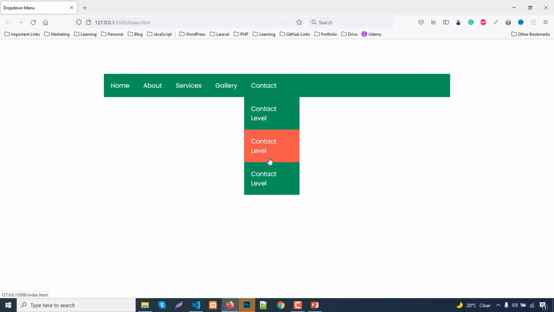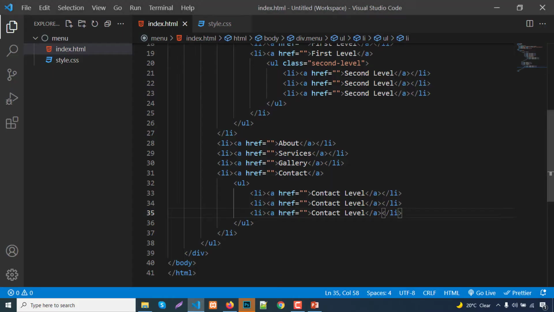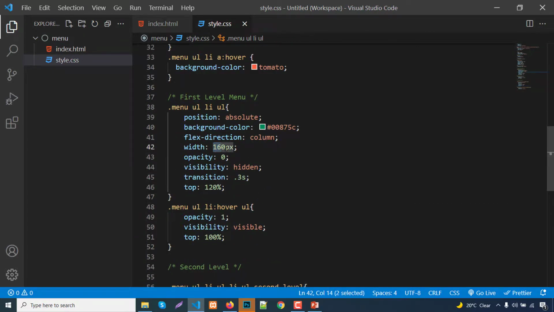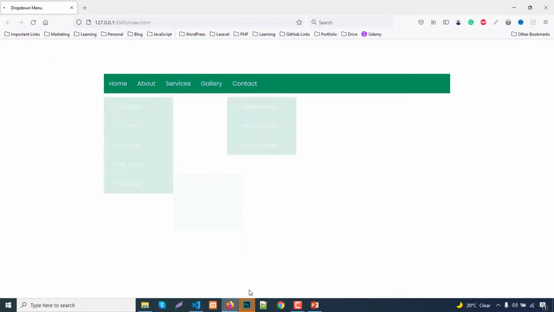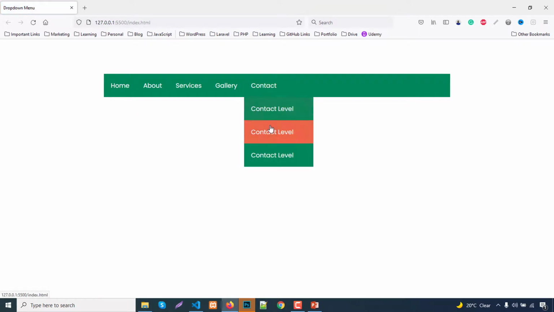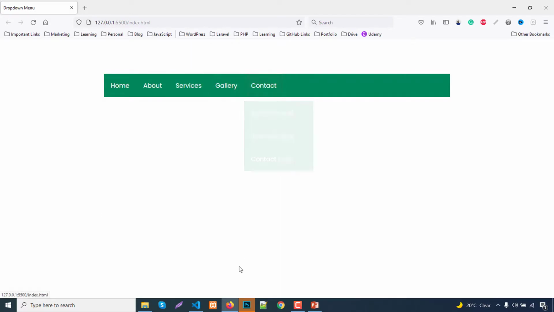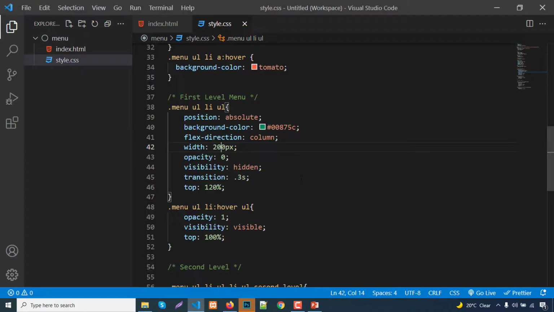Our contact level is okay. We just need to increase the width to maintain the full width. So we can just write 200. Okay, it's fine. You can decrease padding if you need. This is our drop down menu, okay. If you need to add another second level menu for contact, it will be very easy.